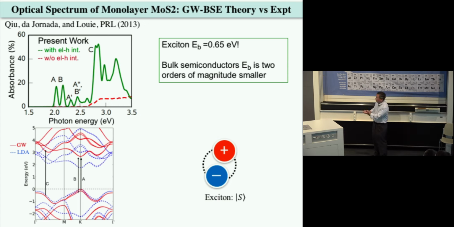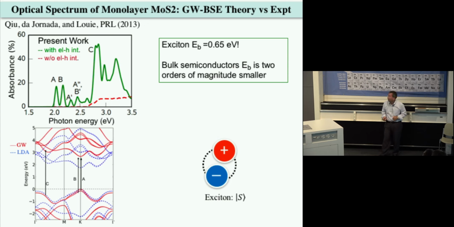The blue line is the LDA calculation, Kohn-Sham bands, and then the red line are the GW quasi-particle bands, where you include the electron self-energy effects. And the material's direct gap at the corner of the Brillouin zone, the top of the valence band is split due to spin-orbit interactions. So you see, in terms of an interband transition picture, you will see a number of